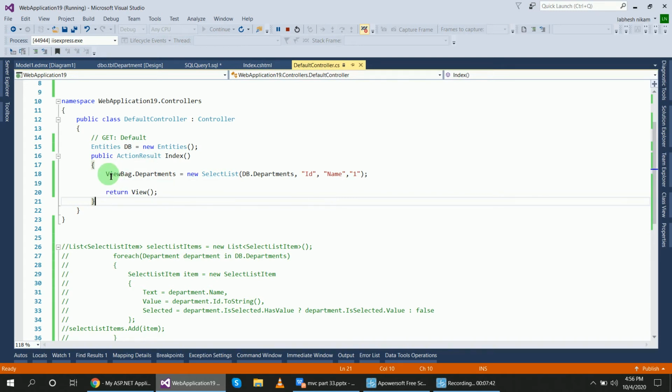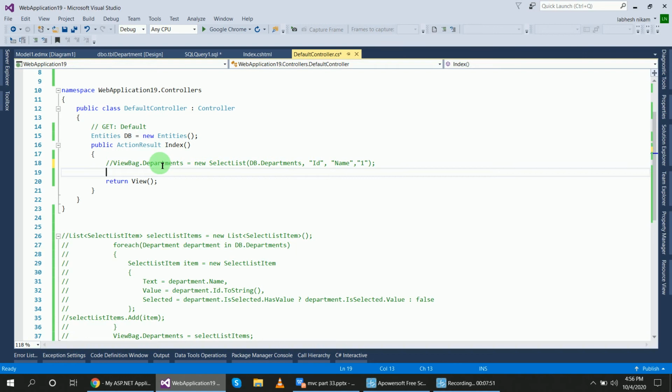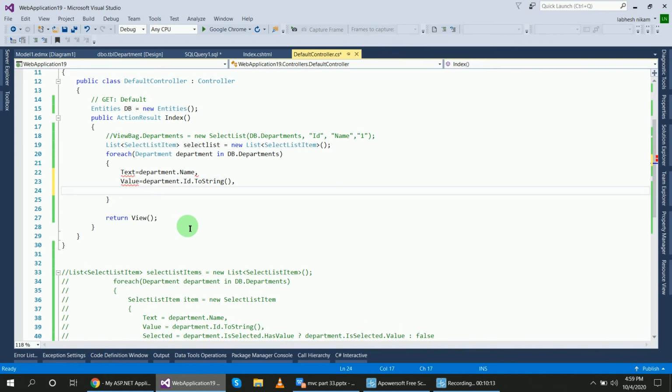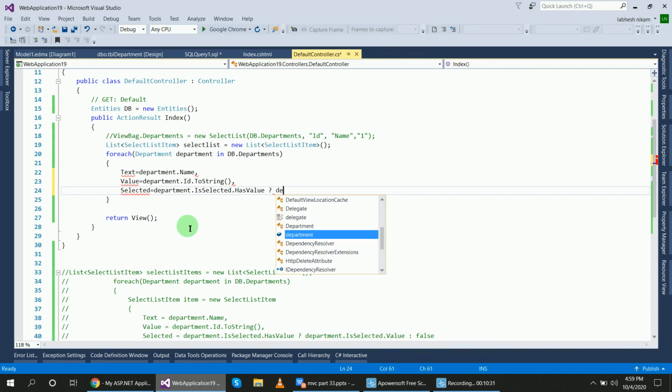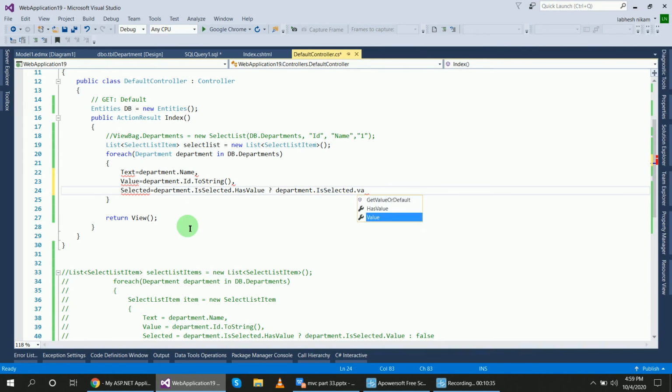I will remove this hard-coded value because I want to update from the database side, and I leave these entities as they are. For the code, you will write a SelectListItem, and Selected equal to department.IsSelected.HasValue ? department.IsSelected.Value, so if IsSelected has a value then return that value, otherwise explicitly return false.